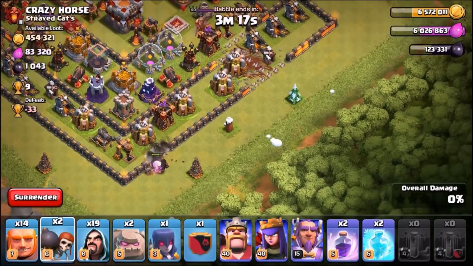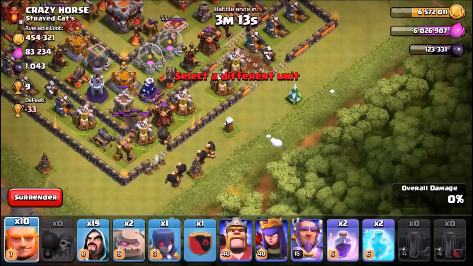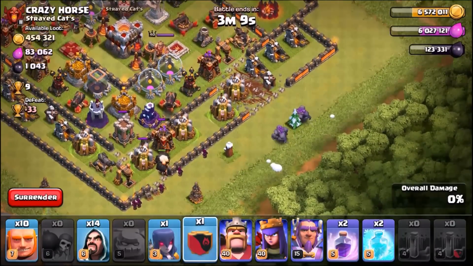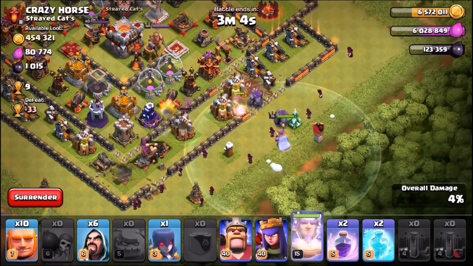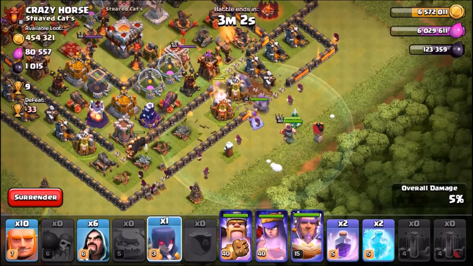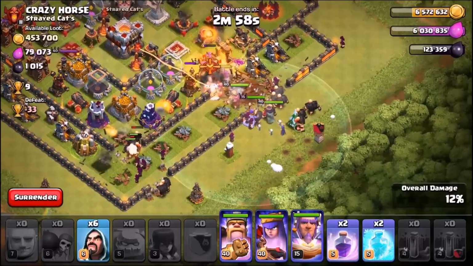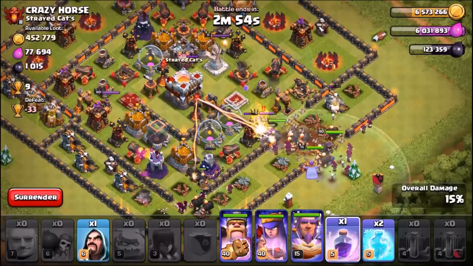So on my attack strategy here, I'm using 3 golems, 1 in the clan castle, a bunch of giants and wizards, and this works out really well. I don't think I've failed to get a 2-star even against Town Hall 11s with this strategy yet. I basically just go ahead and create 2 entry points, one a little bit stronger with the heroes and more giants and the golems, and one a little bit weaker, kind of a flanking source that helps create the funnel